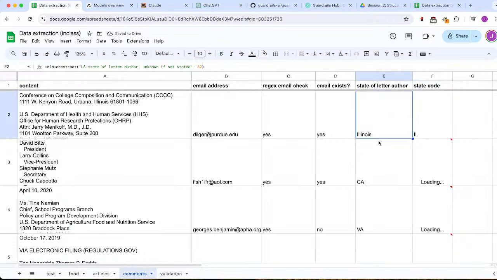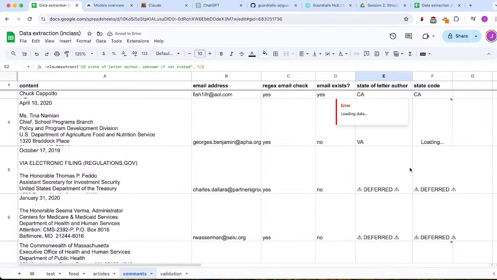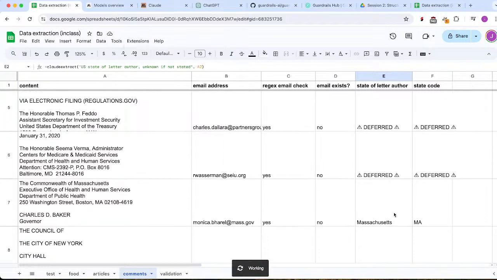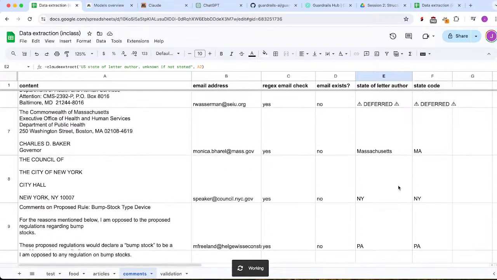And so now we've gone from Illinois to IL, CA to CA, not too hard. Let's rerun the deferred ones. Massachusetts becomes MA. So there is more validation that we could do here to make sure it actually shows up